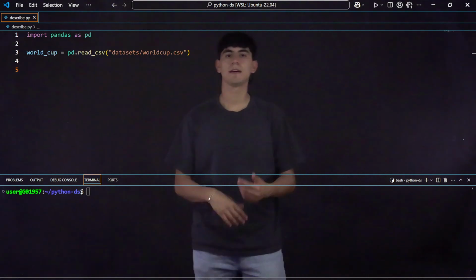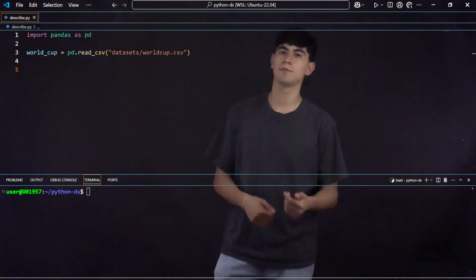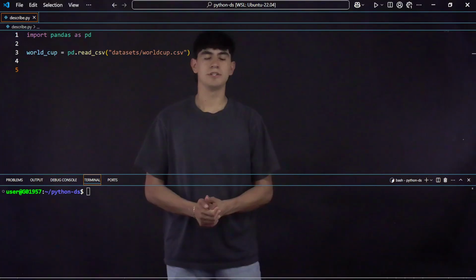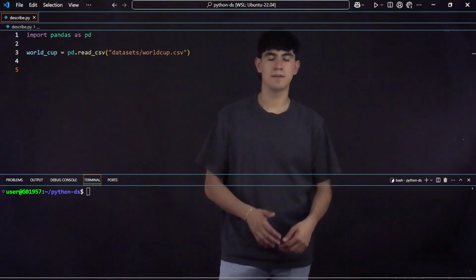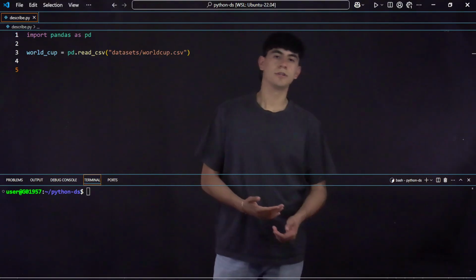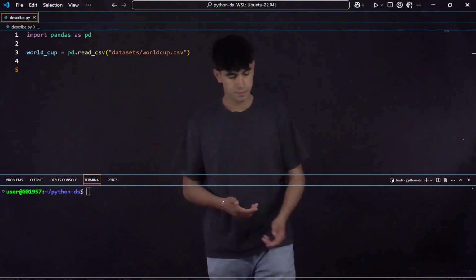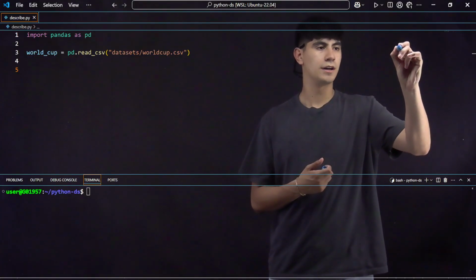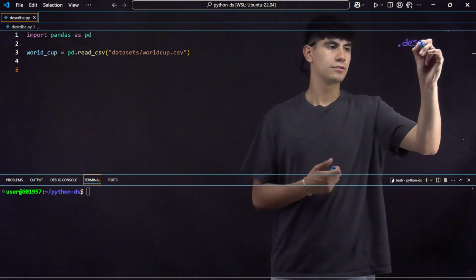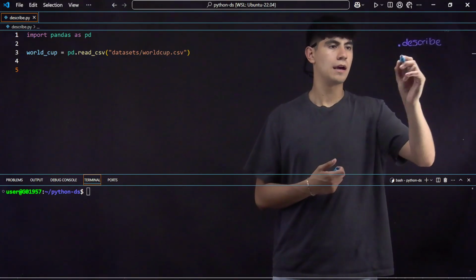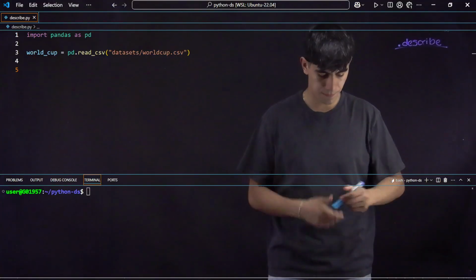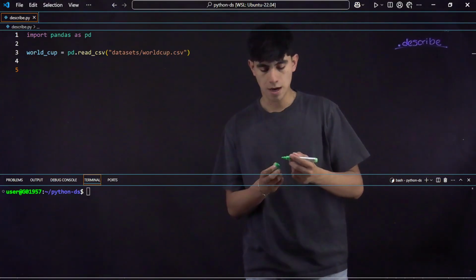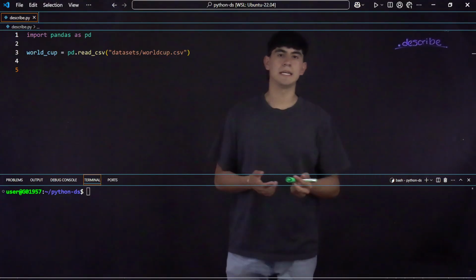So today we're gonna be diving more into data sets. I know we've gone over a few topics already, just loading data sets in and a few other variations you can do. So today we're gonna be talking about describe. So the way you would implement that is just dot describe, and what this does is it basically just gives you for any numerical values in your data sets, it